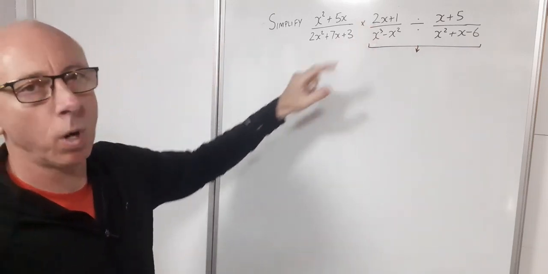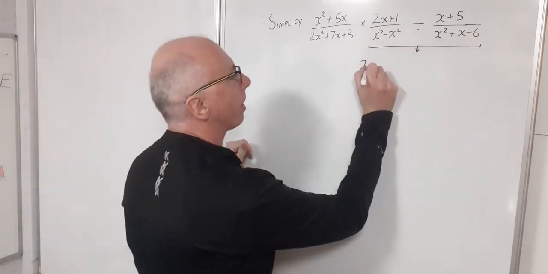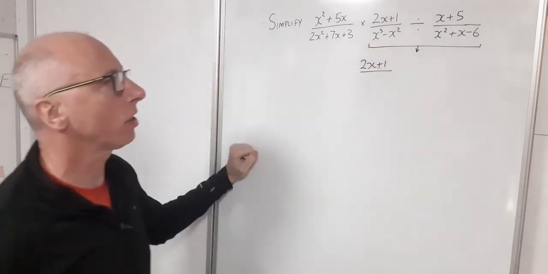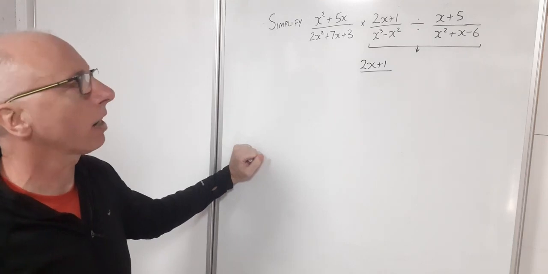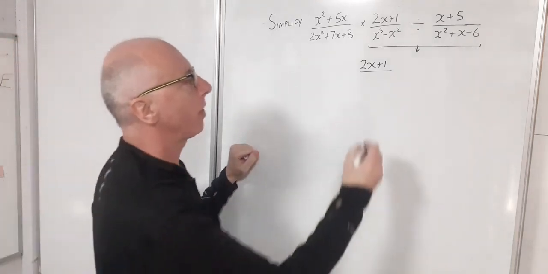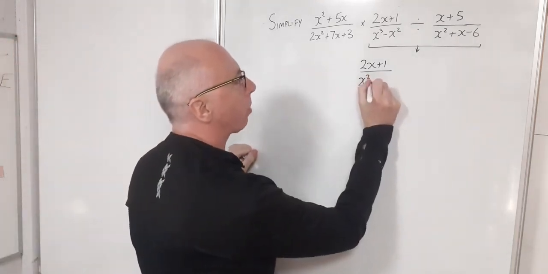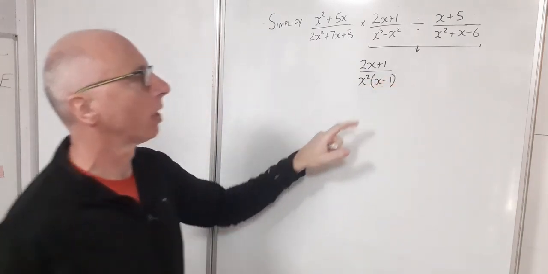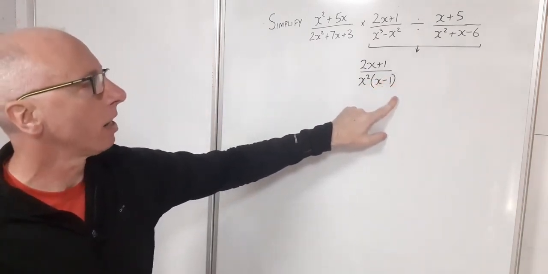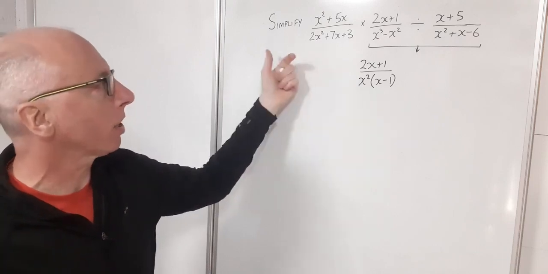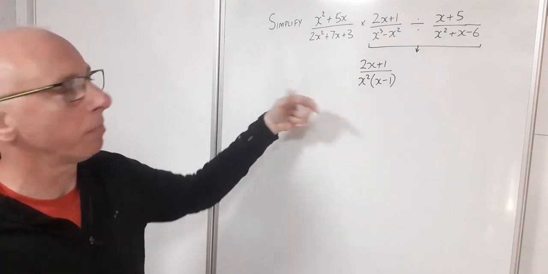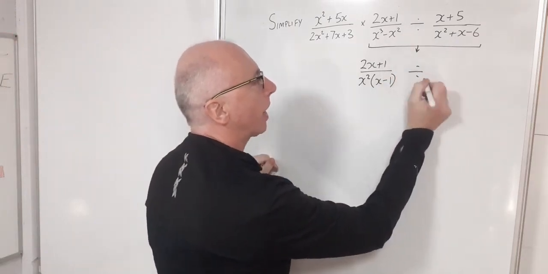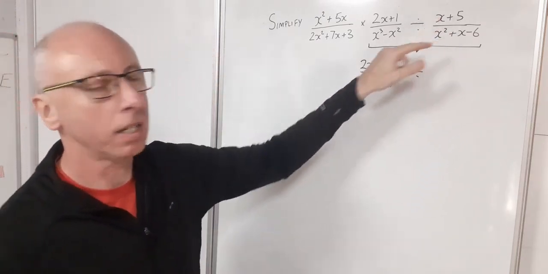So 2x plus 1, just going to leave that as it is. Now this one here, x cubed minus x squared, I can take an x squared term out of that. So I've got x squared and then multiply that by x minus 1. So that's that factorised. So that's going to be my technique here as I go along. I'm going to try and factorise best I can. Now I've got divide, leave that as it is at the moment, and let's see what we can do with